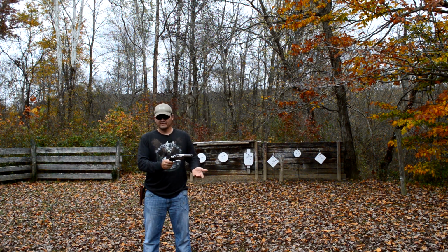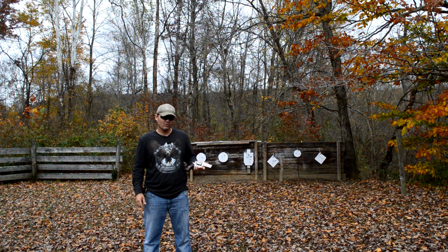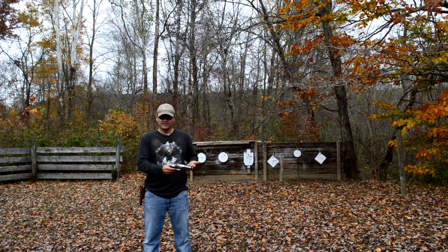Then you've got your big heavy loads that you can take large game with if need be. 357 Magnum, believe it or not, has taken quite a few white-tailed deer over the years. And even larger game. I've read stories of people taking even larger game with it. Now, is it perfect for all those situations? Of course not. But it can do it all, and that's why I chose this revolver when I made that